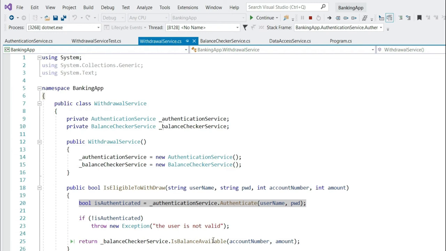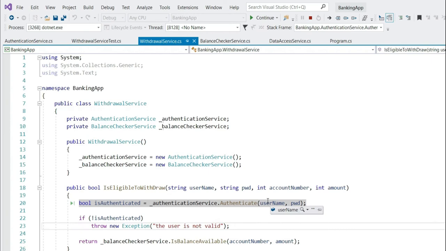We can fix this using dependency inversion, putting an abstraction between dependencies. I will discuss the dependency inversion principle in later videos. For now, just understand that we have to bring in some kind of abstraction so that the real implementation can be swapped by some fake implementations. Now, as I have already discussed in my previous videos, we can bring in the abstraction using either an interface or an abstract class. If you have not watched my video on interfaces, polymorphism and abstract classes, then I would highly recommend you to watch those videos.